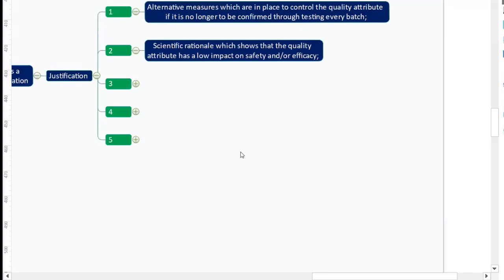Scientific rationale which shows that the quality attribute has a low impact on safety and or efficacy. And that is what we call non-critical quality attributes. Now, this is not a very critical parameter, but it is nice to have. We need to implement those parameters as part of our specification, but they are not much critical. What are examples of such parameters? You can think of, let us say, there are 4 different identification tests to be conducted. But if I confirm that 1 and 2 are meeting the specification, then 3 and 4